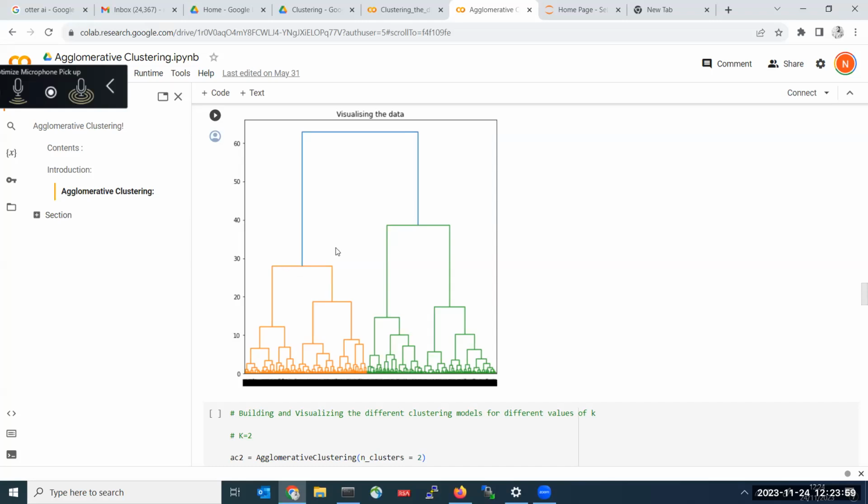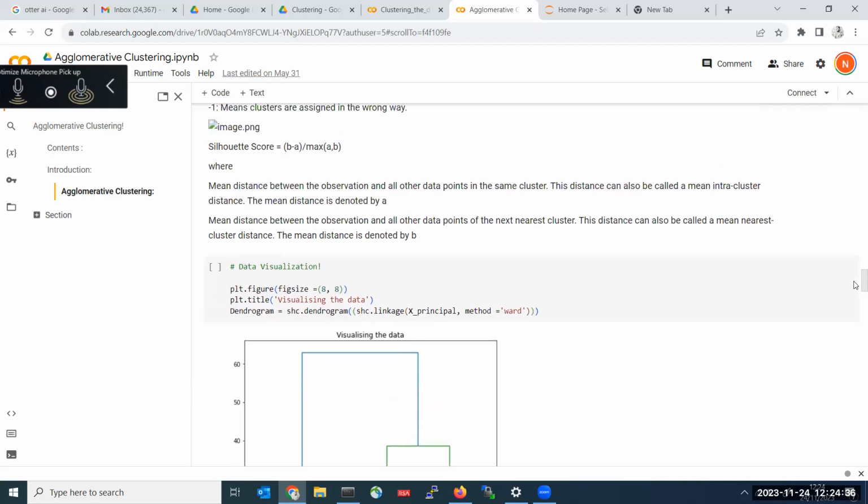So here is the one final group, and here is another group. Or else, if you want to make it 4 groups, you can make it like this. So this is one group, this is another group, this is another group, and this is another group. Or else, at the final shot, you can make it one group also, but this is not the correct way. So what is the use of making it one cluster? Either we need to divide our data into 2 clusters, 3, 4, 5, or 6 clusters. So what we need to do? To work with this, we need to